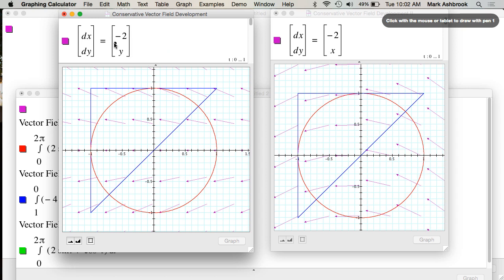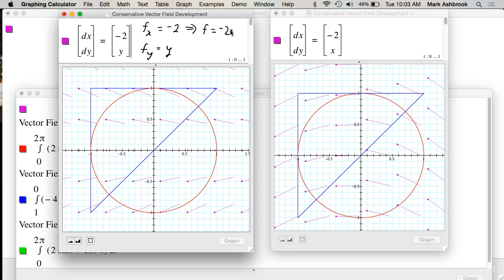Yeah, so if this is a gradient field, then negative 2 would be the partial derivative with respect to x. And then this would be the partial derivative with respect to y. These two pieces of information are two views on the same function. If there is this one function f that could possibly have those two as its partial derivatives, then we have a gradient field. So working towards that f function for this one, we would get